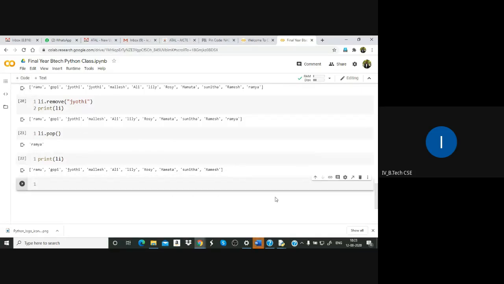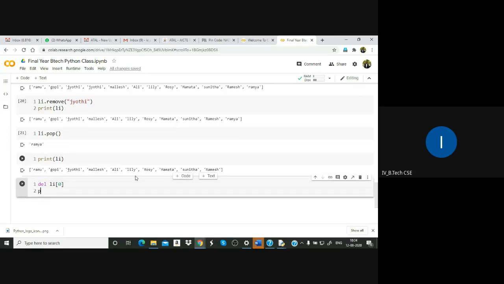Next, the delete function. How to delete a particular element using the delete function is also possible. I want to delete the first element, the 0th element. And next print li.